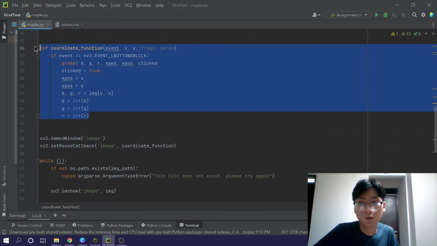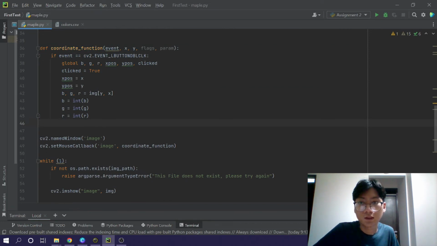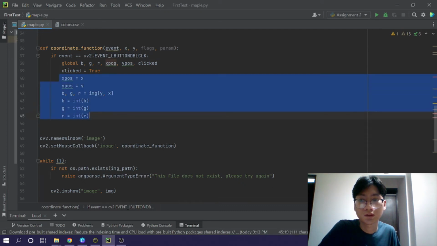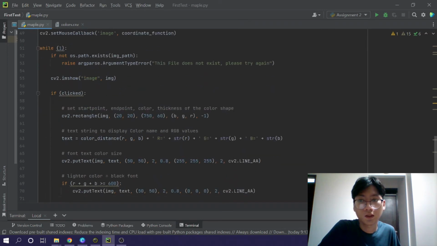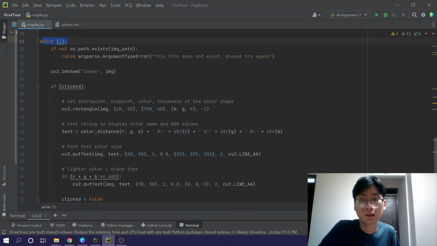And then here I create a coordinate function. This is to get the coordinate position from the x and y in the parameter, so that if the event is a double click, this is the event left button double click, I created a global function so that if the click is true, it will show the x and y position. And then I created a while loop. Inside of this while loop